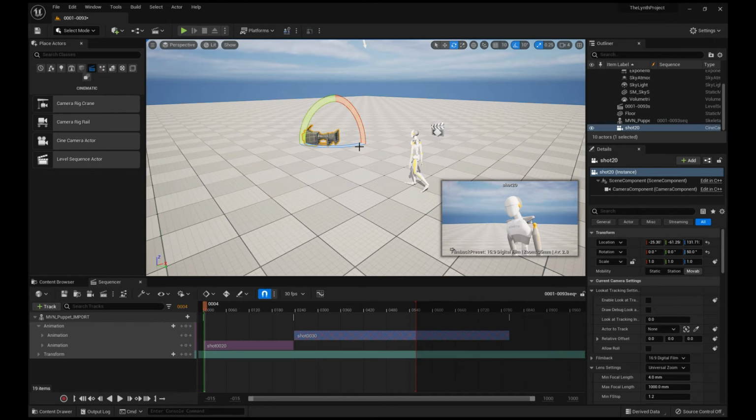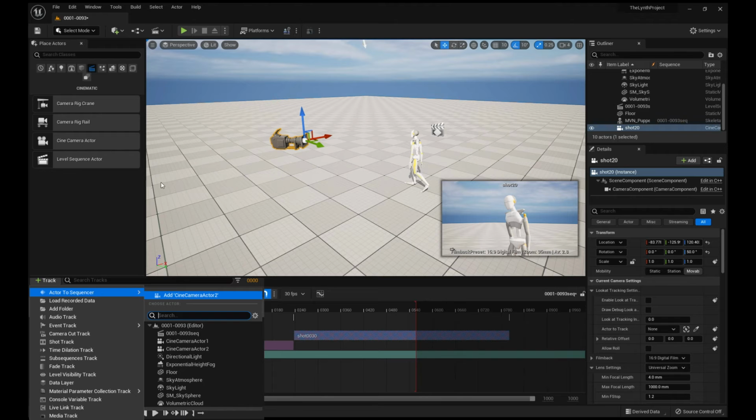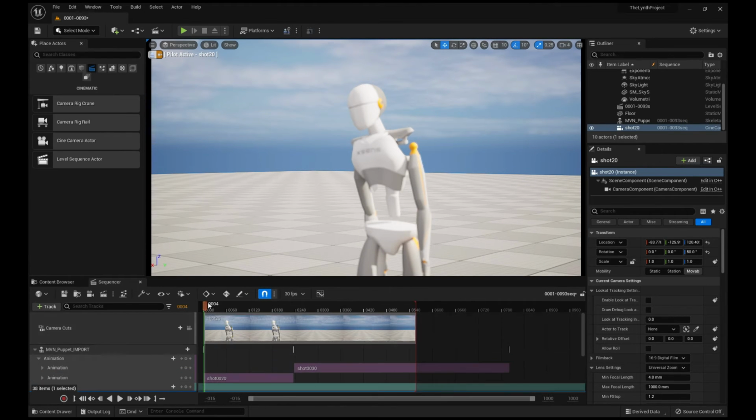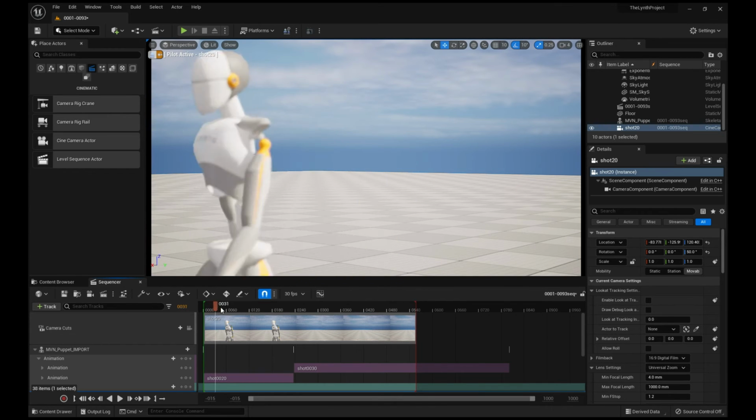And I'm going to have it look at him from where he starts, and I'm going to try to have it follow him backwards, according to the shot list. I know this is not what the shot list says, but for the sake of demonstration. So I'm going to add the Cinecamera actor to the sequencer in the same way that I added the mannequin